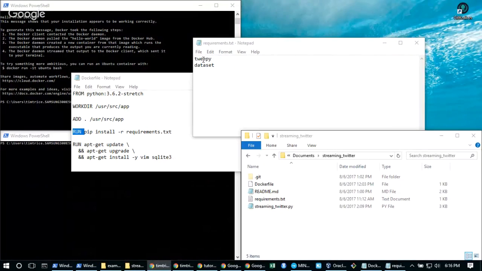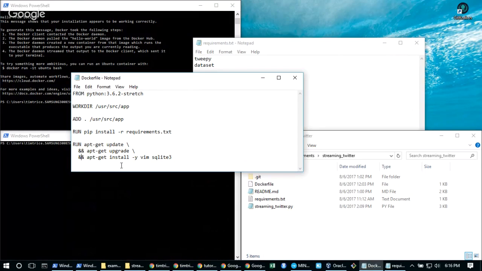So the requirements required the Python modules tweepy and dataset. And then in addition to that, I also had it install Vim because I like working in Vim if I need to edit anything. And then additionally, SQLite 3. SQLite 3 and Vim are not part of the core images that are used in many of these packages. So most often, if you want any additional software, you'll have to install it. These images are built off very, very base